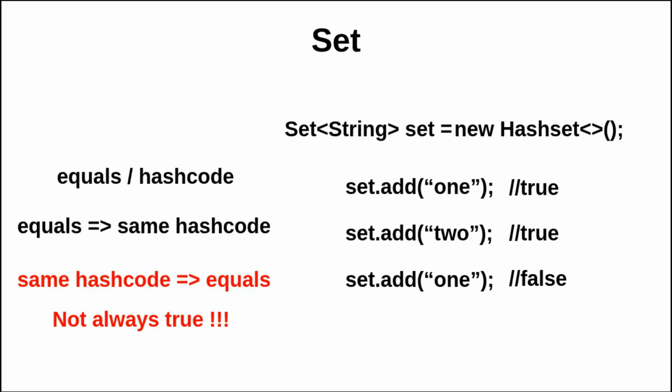This is an optimization. A hashCode is easy to compute, it's an integer, and it's simple to compare two integers, but the equals method is expensive on strings because you have to compare the first letters and the second ones and so on, and if the strings are very long, it's going to become very heavy. That's why the hashCode allows us to go faster, and it relies on having well-overloaded hashCode and equals. And if you forget to overload the hashCode for a custom class, for example, then the HashSet won't work.